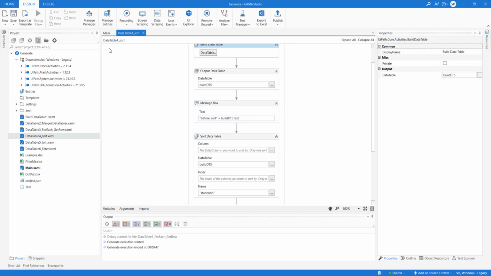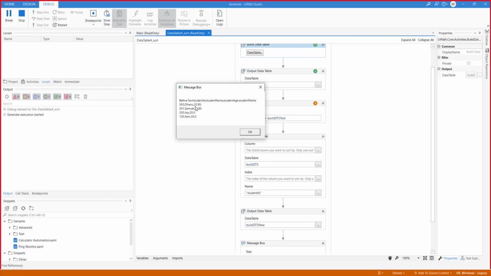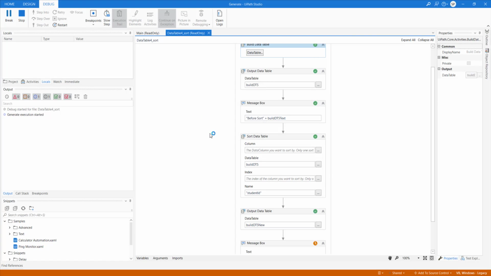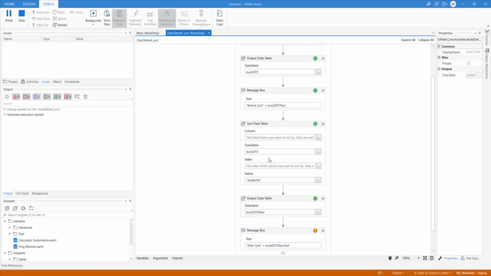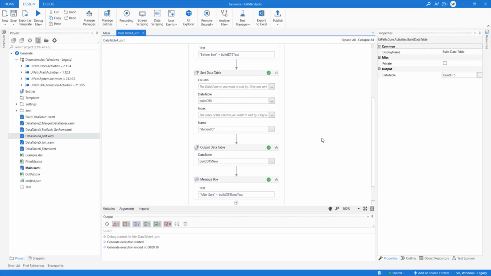So let's quickly run it. The data here is like this. Now we are using a sort data table, and we are sorting the data on the basis of this. After the sort, the data would become like this.